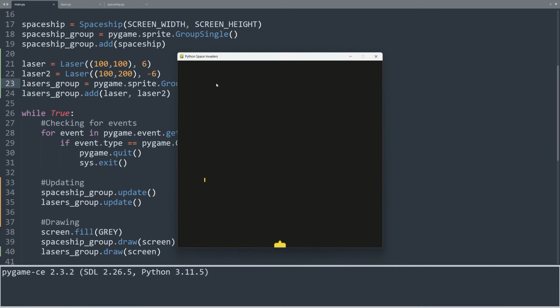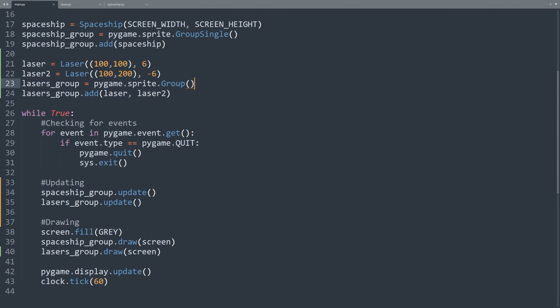As you can see, one laser beam is now moving downwards. Perfect. We can use the laser class to create the lasers for both the spaceship and the aliens. Very cool. But there is a minor problem with our code so far. When the laser moves out of the game window, it is not visible anymore, but it is still alive in the computer's memory, using precious resources. So it is a good idea to destroy every laser object that moves out of the game window.